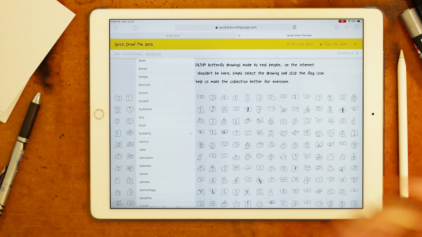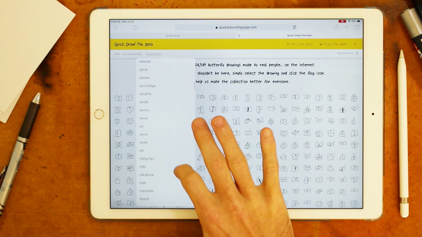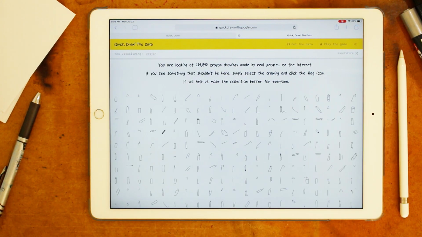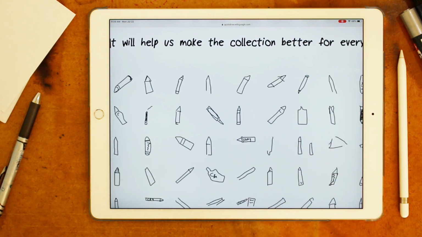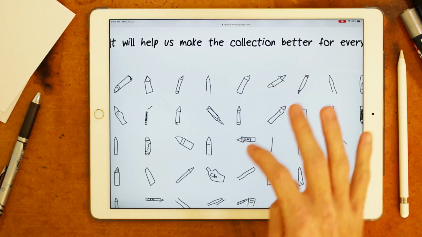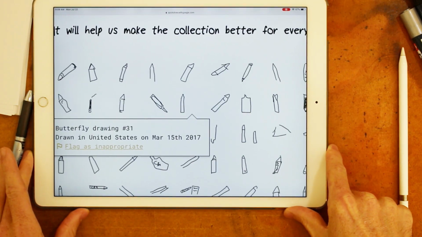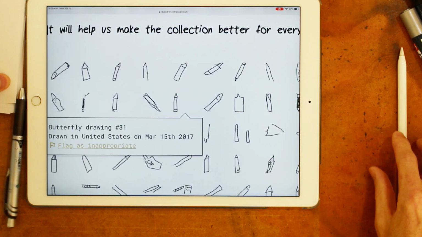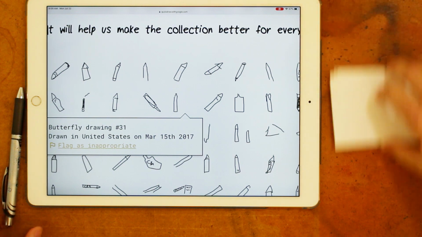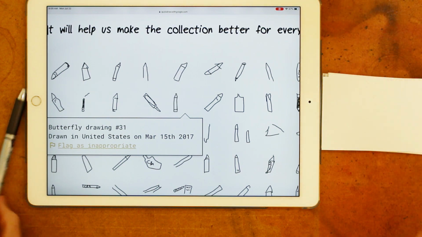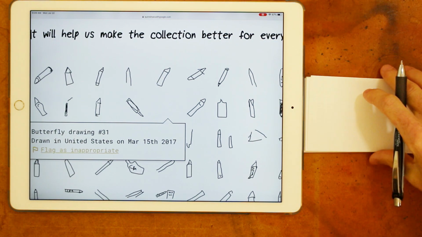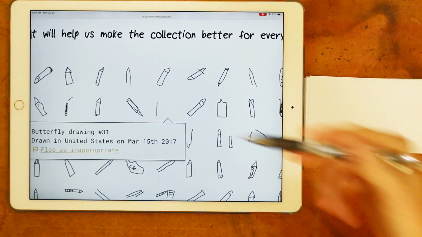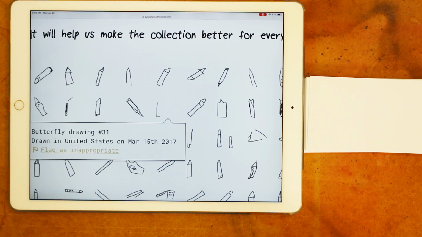The first way you might use this tool is to simply select one thing from this list at a time. Let's go with crayon. Find some version of crayon that you feel like fits and you want to learn how to draw. I'm going to go with that one. And then once you've selected that, it's going to keep that going on a loop there. And with whatever tool you typically use to take visual notes, I'm going to stick with pen and paper and use index cards here. Simply practice drawing that object in the way that you see it being drawn until you're